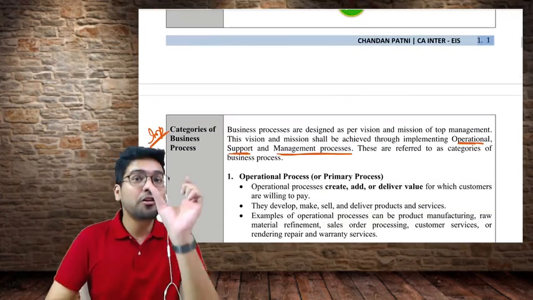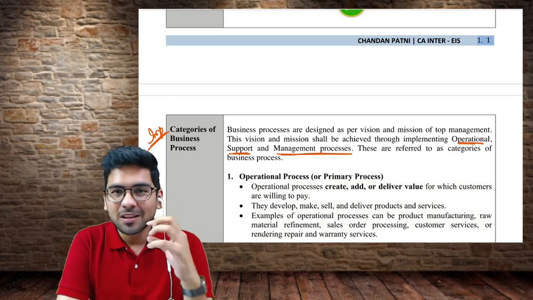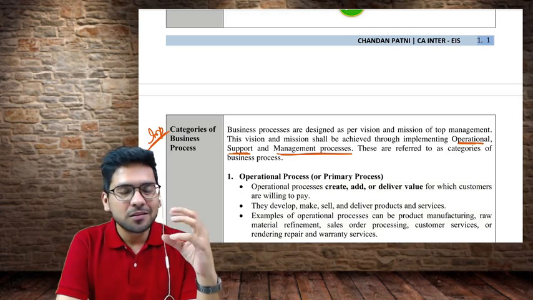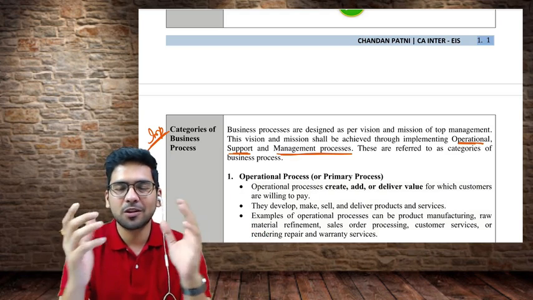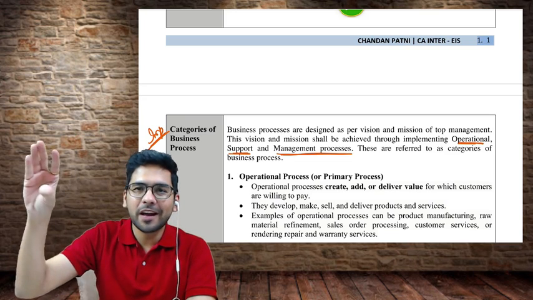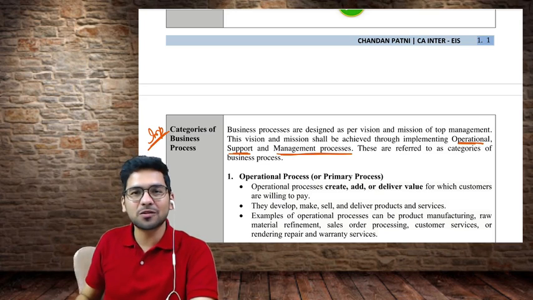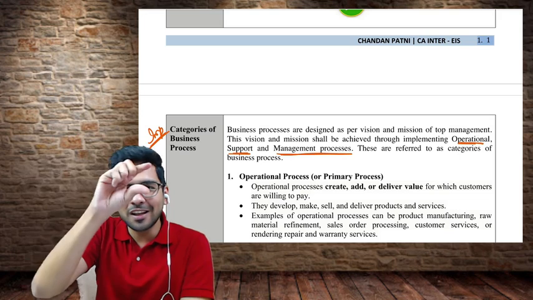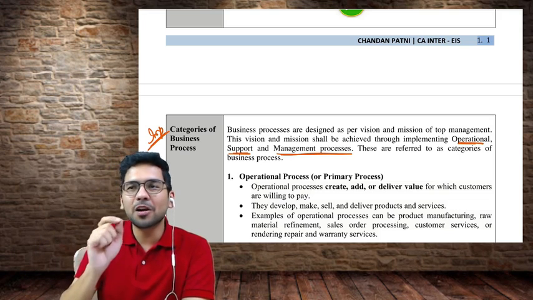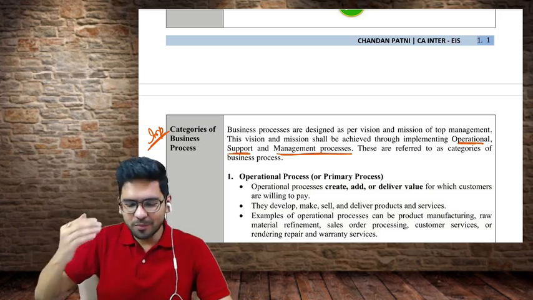Okay, but then the first part, what is business process? What happens is, when students answer such questions, they tend to leave 3-4 lines, and then they start with "the categories of business processes are as follows." They are not able to recall the exact definition of business process, so they leave 3-4 lines and then start with "these are the categories of business process," and they go, number one is operational process, second is